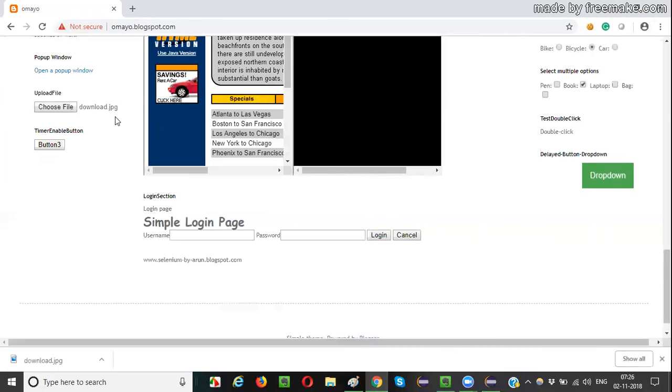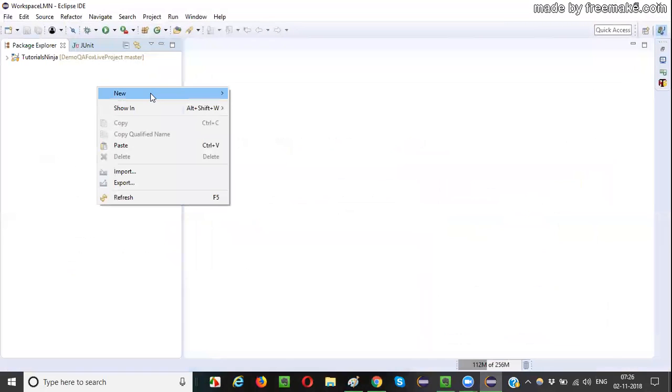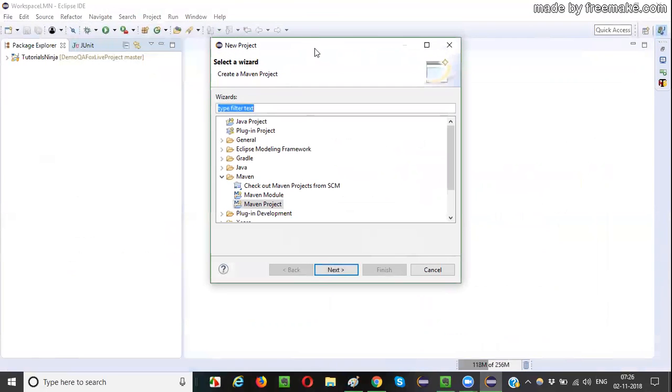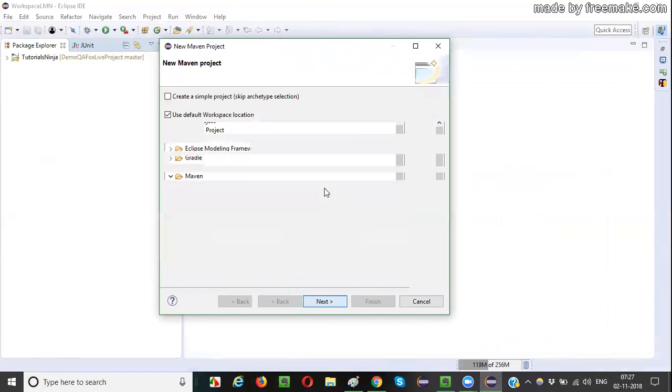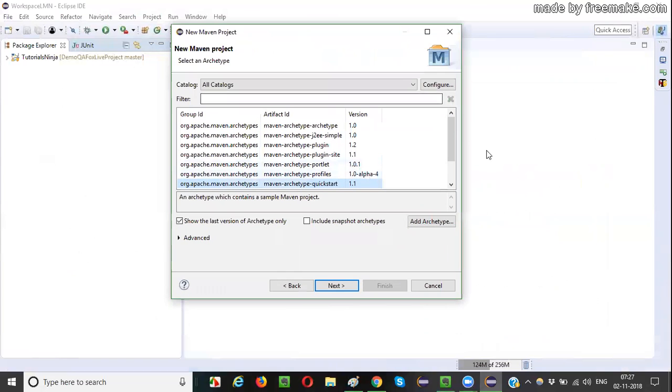This particular scenario, I want to automate using Selenium. How can I do that? Create a new project first. Right click, new project. I prefer creating Maven projects, guys, because it makes our job easier.